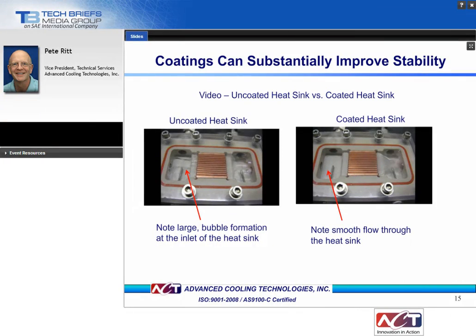Here is a quick video that demonstrates the benefit of microporous coatings. It shows flow through the pump two-phase mini-channel heat sink system that we have been talking about. In the video, flow is from left to right. The first case, without coatings, you can see large bubble formations on the left-hand side at the entrance of the mini-channel heat sink. The bubbles affect flow into the heat sink and cause